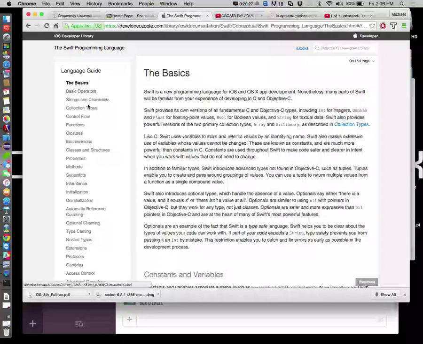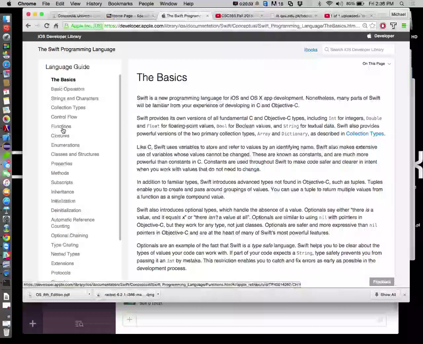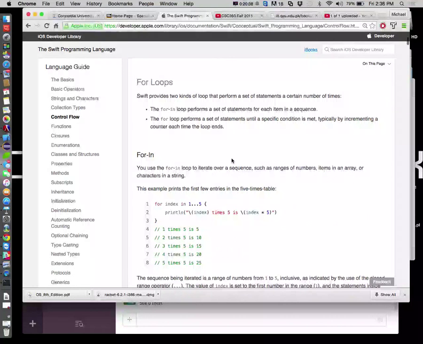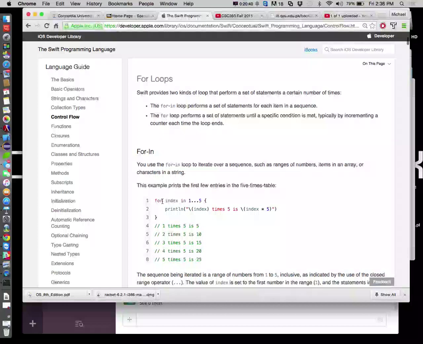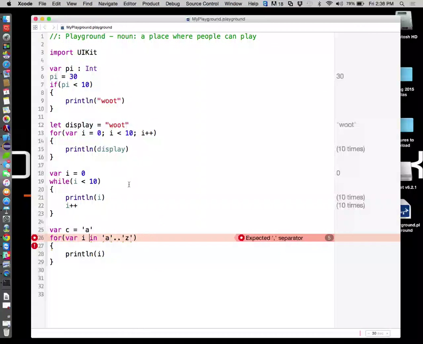All right, we're going to look at collection types here in a second. We'll look at arrays. But for right now, we have a for in loop. So yeah, it's 3 dots. Actually, it looked like with that, we didn't have to do a in a